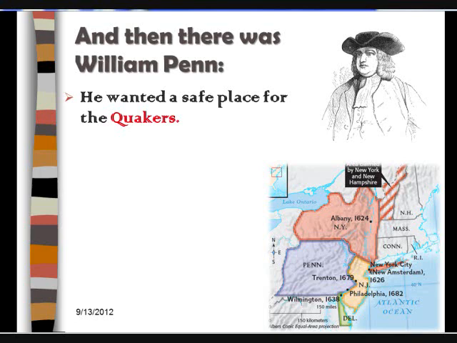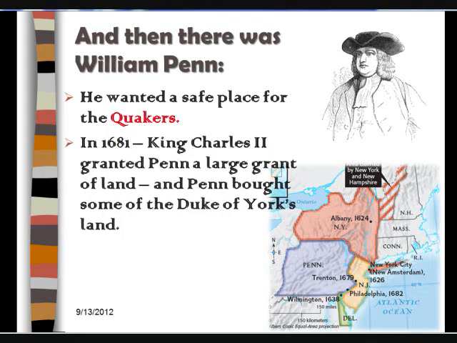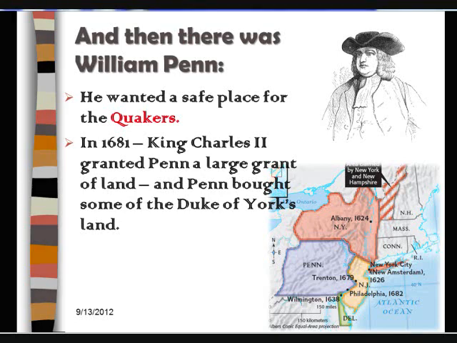Now there's a little problem with the Society of Friends and William Penn especially. That is to say, William Penn, he was rich. And the king owed William Penn a whole bunch of money. Well, the king didn't like the idea that he owed this silly Quaker a lot of money. And so the king came up with an idea. It was King Charles II, in 1681, who granted William Penn a large amount of land